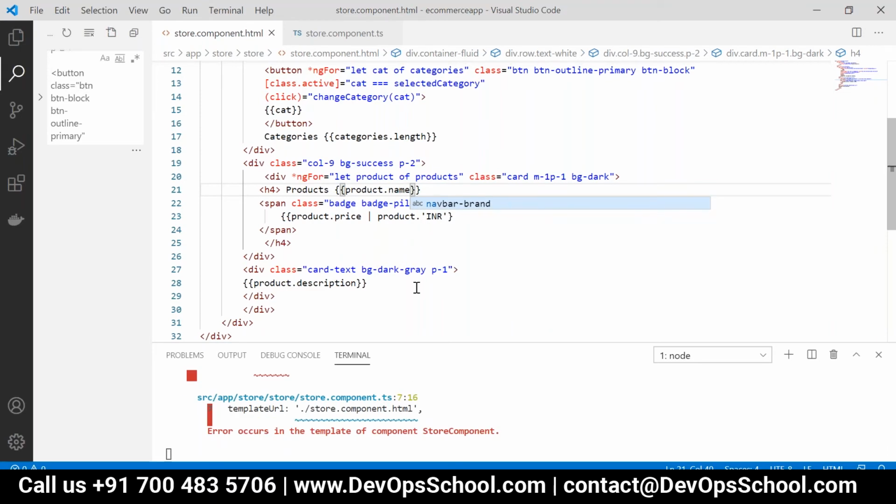And it is a currency pipe. There is no pipe called product in line number 23. It is product dot price and the pipe symbol you have written, no? After that it is INR, a currency. It should be currency. Yes, currency.